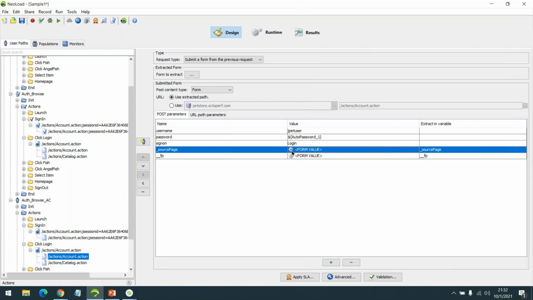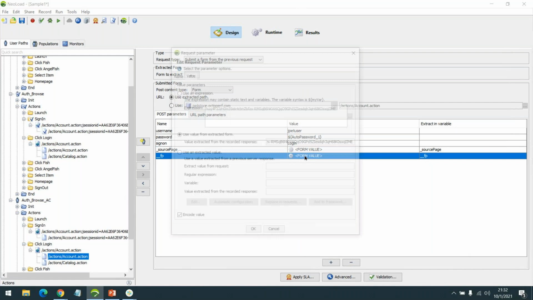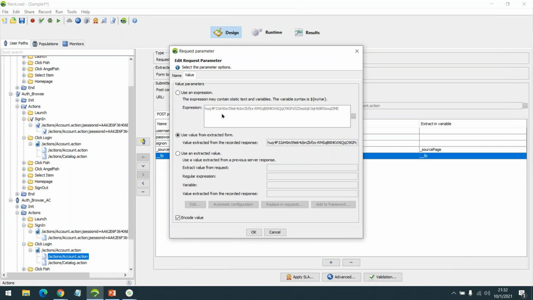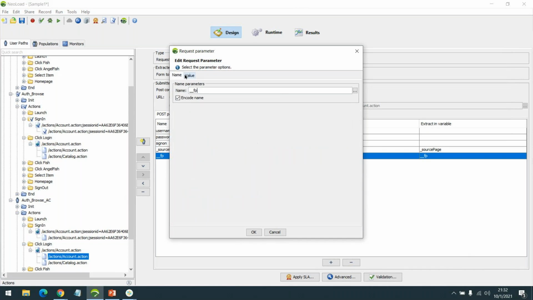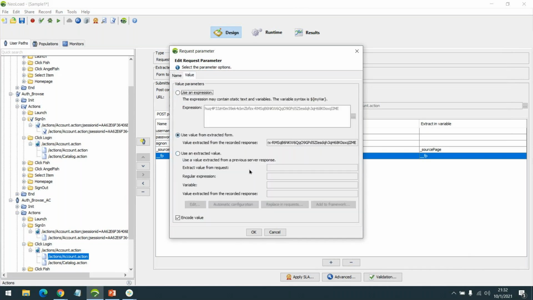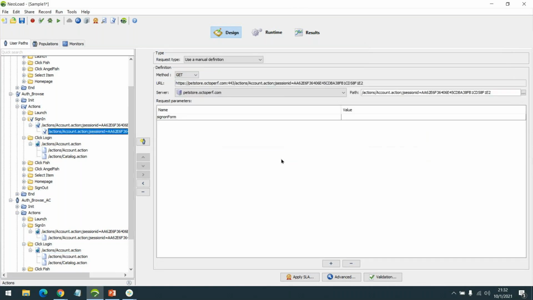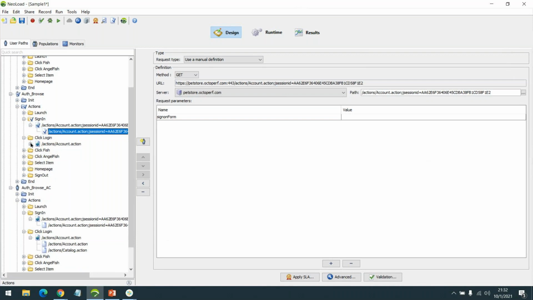If we simply double click and check it, this is the value that it is supposed to extract, and it is extracting it from here. We can also see the name that it automatically created. This can also be done manually. We can do a manual correlation.